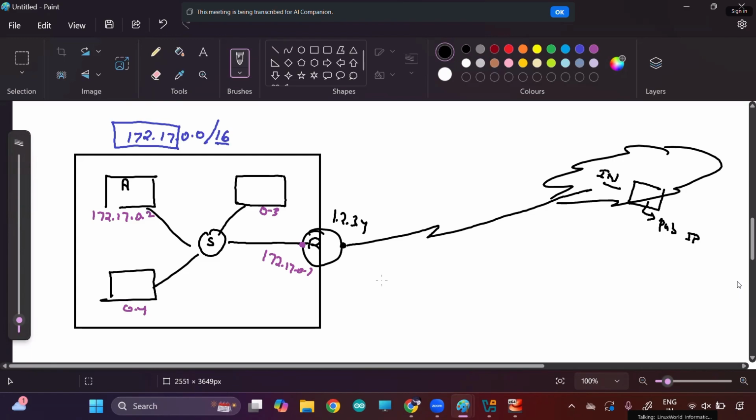Okay, why? Because when you go out, the router automatically changes to a public IP. So wherever you go on the internet, you are always known by the public IP. Okay, so if you go to the internet anywhere, you will always have a public IP. This is one point. Now, if they want to use this private IP to connect, okay, so